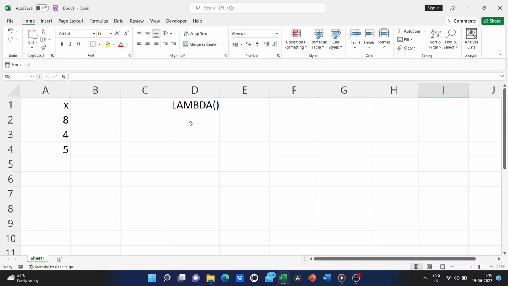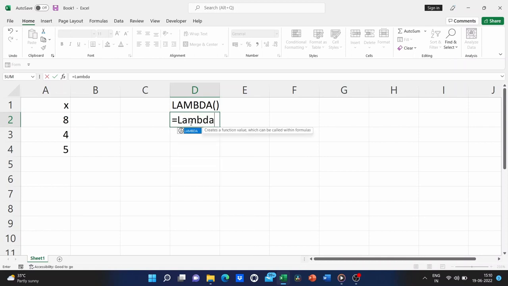Let's say we want to create a formula that adds 1 to the value over here in this column X. So, let's type in the lambda function. The first thing it asks for is a parameter or calculation. I'm going to put in x as an input variable, and this can be anything you want to use. It just so happens I'm matching the x title that I have over here. Then, it wants to know what the calculation is. Well, let's take x plus 1.